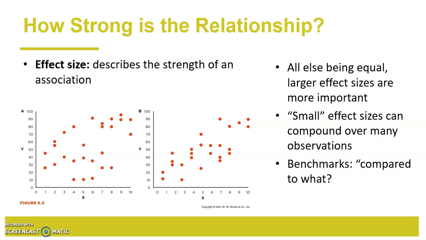If you have a small effect size, but if it compounds over many observations, then it could lead to a big effect. Or sometimes in things like sports, for example, like swimming, things are won by a fraction of a second, and small effect sizes can make a big difference in the outcomes. Okay,